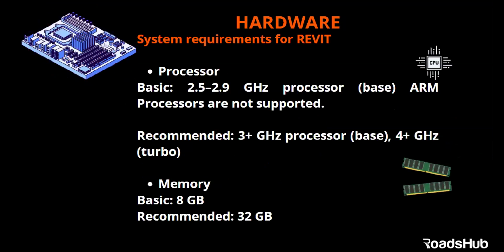When it comes to the hardware, the most important aspect is your processor, because these softwares do a lot of computation, and for you to be able to run them smoothly, your processor should be able to do that. What we normally recommend is that the base clock speed should be at least 2.5 gigahertz, 2.9 gigahertz. The recommended is 3,